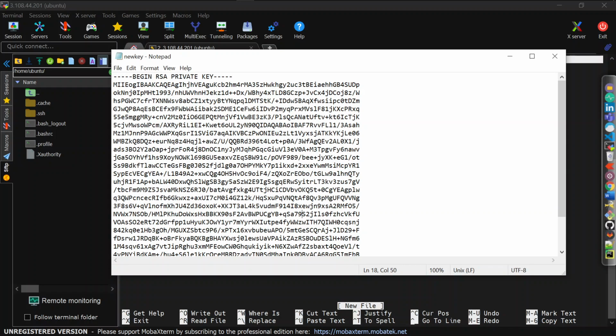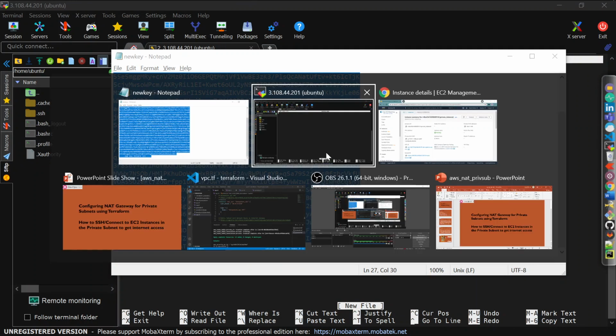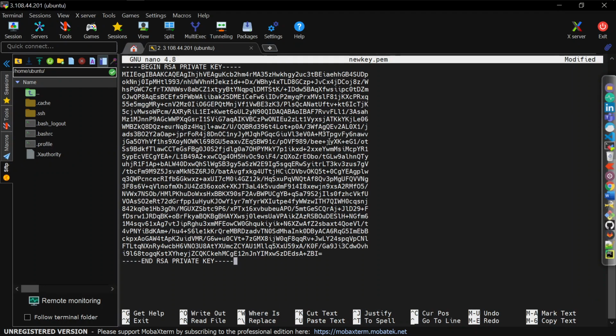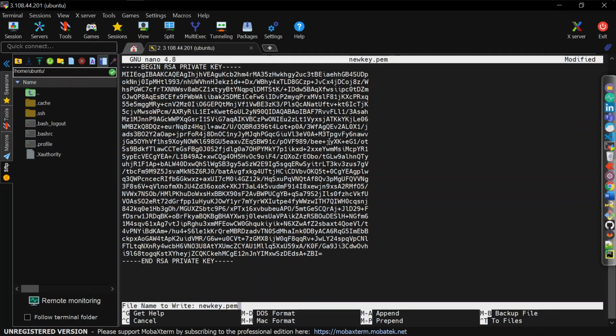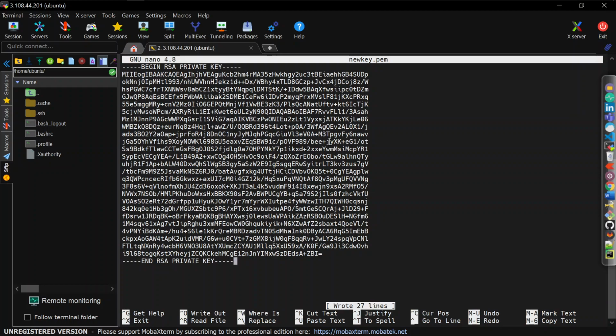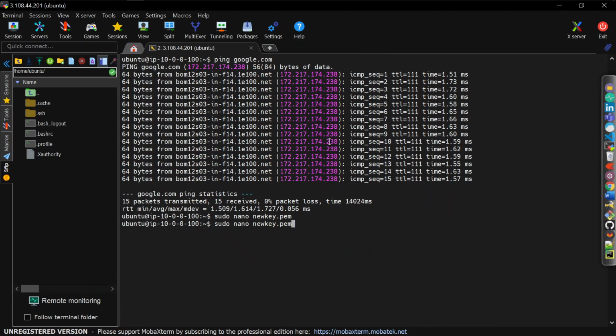This is in my local, I'm copying this, simply paste here, save it by Ctrl O, enter, exit by Ctrl X. Let's check once. So yes, now just give read-only permission to this file. So we will give sudo chmod 400 new key.pem.